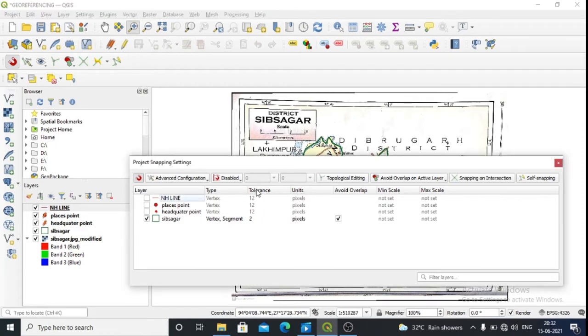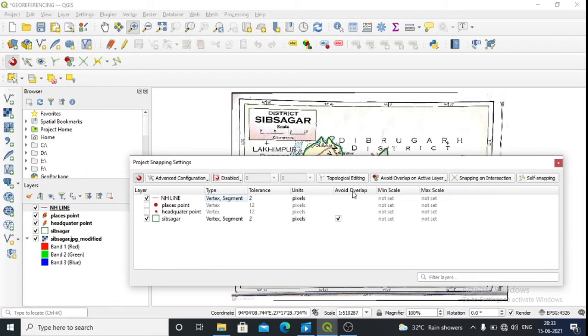Tolerance level you have to change to 2. Then here both segment and vertex should be added. Segment and vertex both have been added.